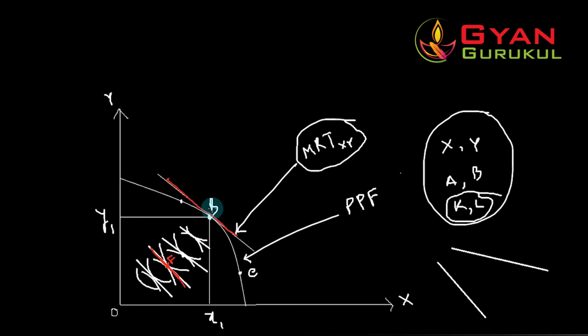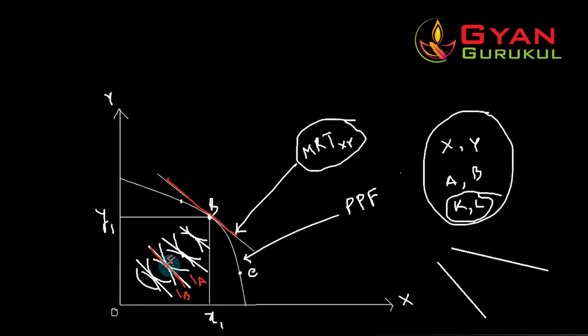Okay, now see another thing. At point F there are two indifference curves, of consumer A and B, which are tangent to each other, right? Now let me name these two indifference curves. This one is the indifference curve of consumer A, so let me name it IA. And this curve is the indifference curve of consumer B, so let me denote it as IB. IA is the indifference curve of consumer A, and IB is the indifference curve of consumer B at point F, right?